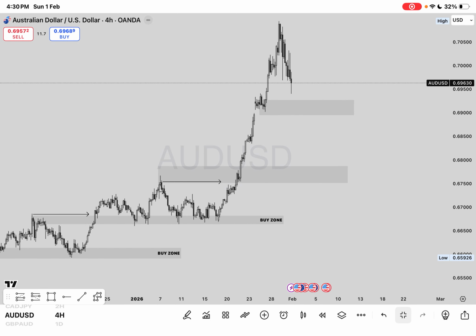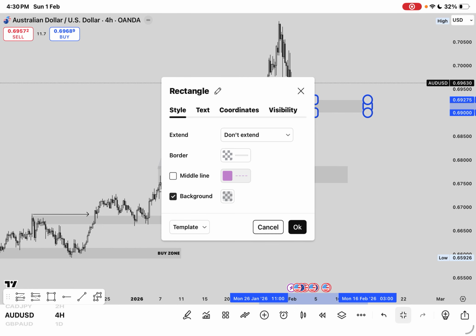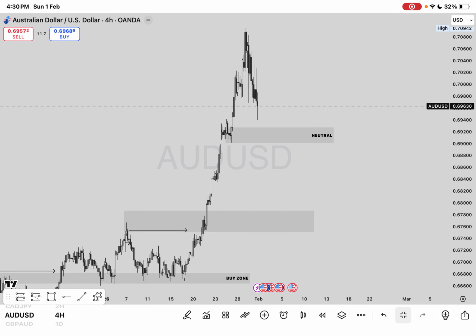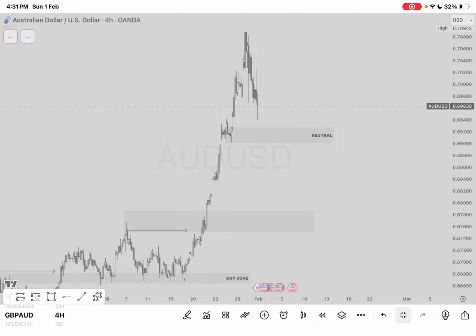So the market might actually come here, dance a little bit in this particular zone, and keep going up. That is my expectation. But what will I tell you? I'll tell you to wait for a confirmation. Do not just rush in, because the market might want to sweep liquidity at this area for those early buyers. You understand? So GBP AUD, let's see GBP AUD.